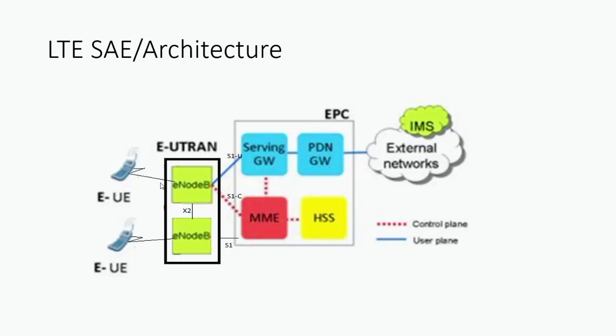Now whenever we evolved from the 2G to the 3G cell system, in 3G we changed the RAN part, but we didn't change the core network. We also know that 3G supported both circuit switching and packet switching, but in 4G our requirement is only packet switching, or only data rate, so we have to evolve a new core, and the new core is EPC, which is the evolved packet core. As you can see in the figure, it is a packet core network and evolved, so that we have a new core network and a new radio access network in LTE.